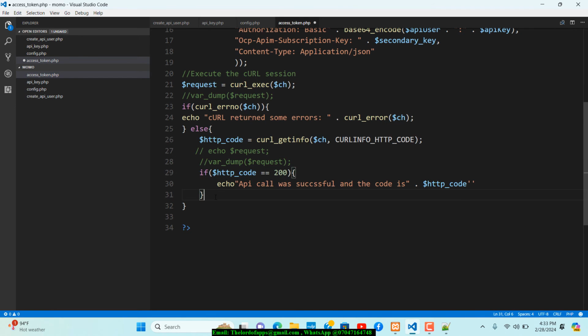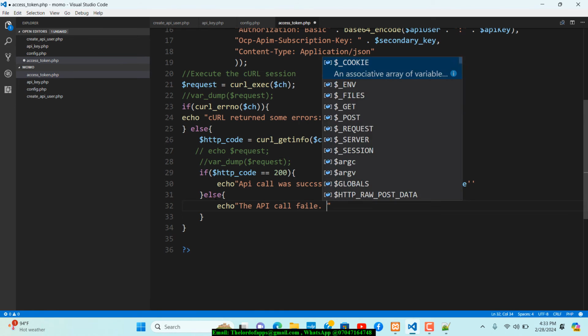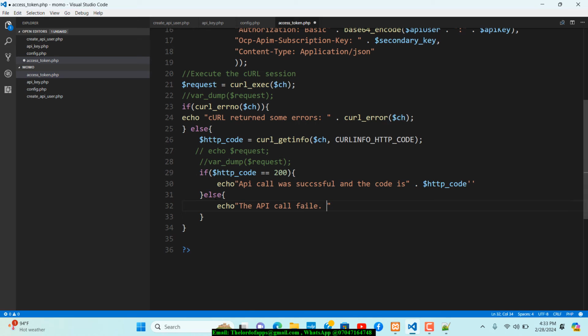Okay, so else you can just go ahead and then echo that the API call failed, and we can concatenate, let's say, the code is, and we can go ahead and concatenate onto the HTTP code again, so that it will print out the error code for us. Okay, so about this, we need to take those away, save that, and if we try this again,